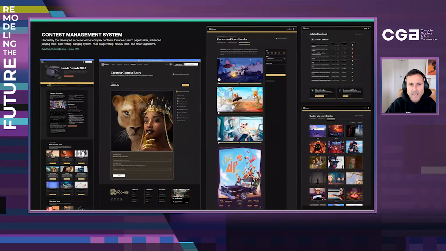We have an amazing system that sits behind each of these contests that we're able to go through and create these amazing portfolios. There's a number of different widgets there that you can use to showcase your work, whether it's a 3D embedded viewer, or whether you want to just add images or a demo reel. There's a number of different widgets that you can use to really highlight and make sure that you're presenting your work in the best possible way. And then we have a full judging system that sits behind that as well, so that it makes it easier for us to evaluate when we get 4,500 entries.